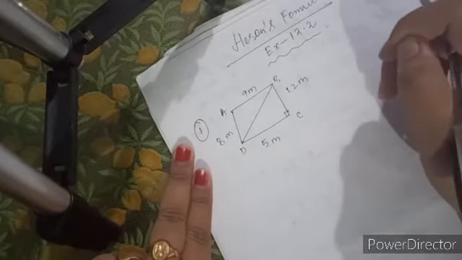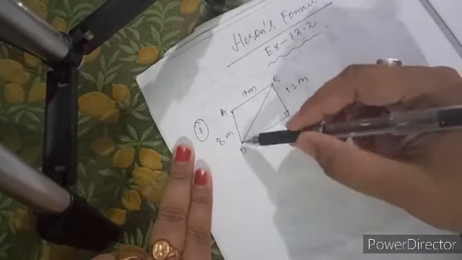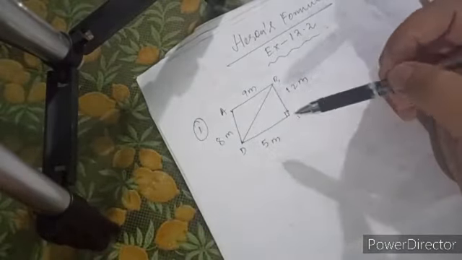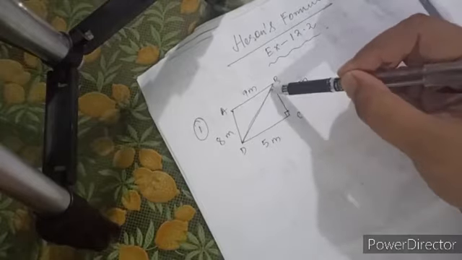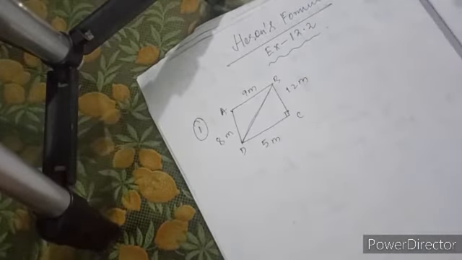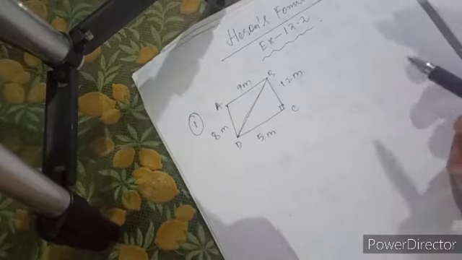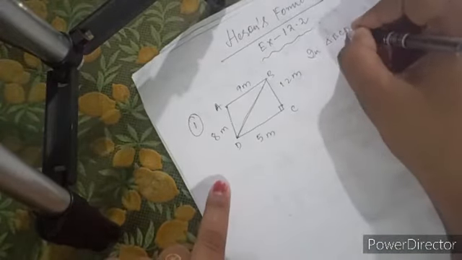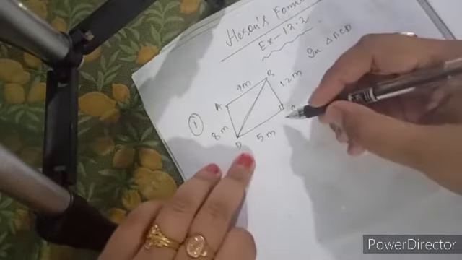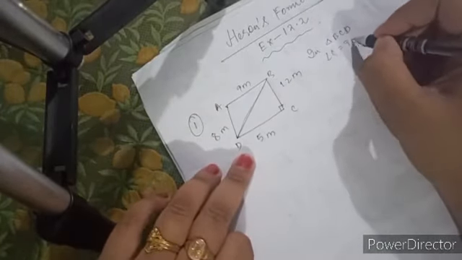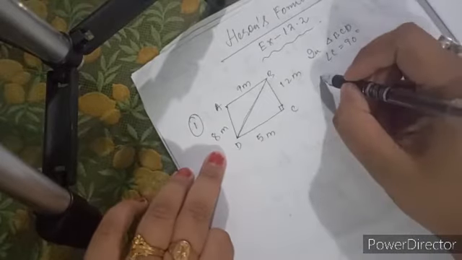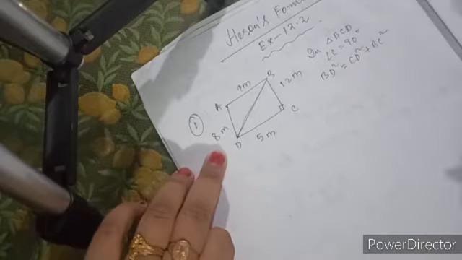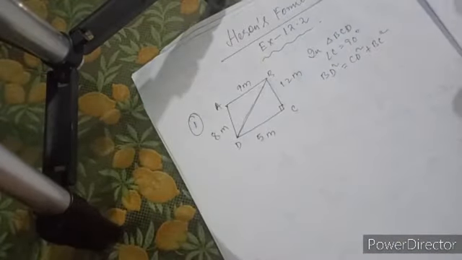So already we know Heron's formula is for a triangle, so here this quadrilateral breaks up into two triangles, isn't it? And if you see, the third side for both triangles is absent. So let us find it. Since angle C is 90 degrees, in triangle BCD it follows Pythagoras. So using Pythagoras rule, that is BD square equal to CD square plus BC square, we can easily find the third side BD, isn't it?